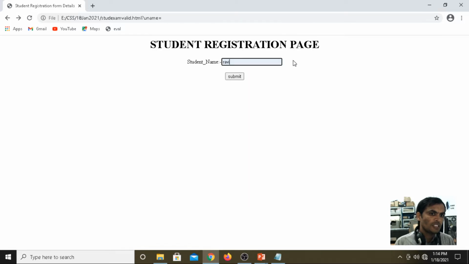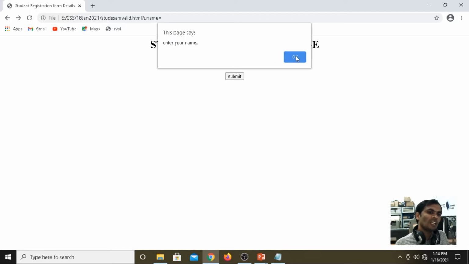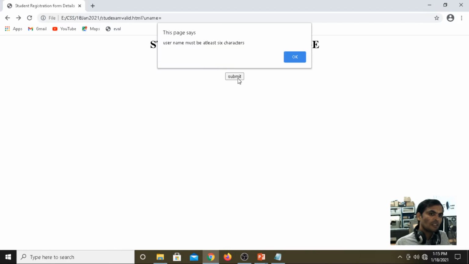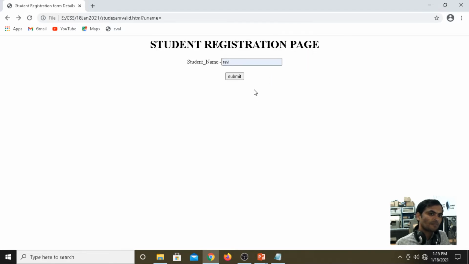Username must be at least 6 characters. Now we have two validations. If you give null or empty, it says enter your name. If you give only 4 characters, it says username must be at least 6 characters.